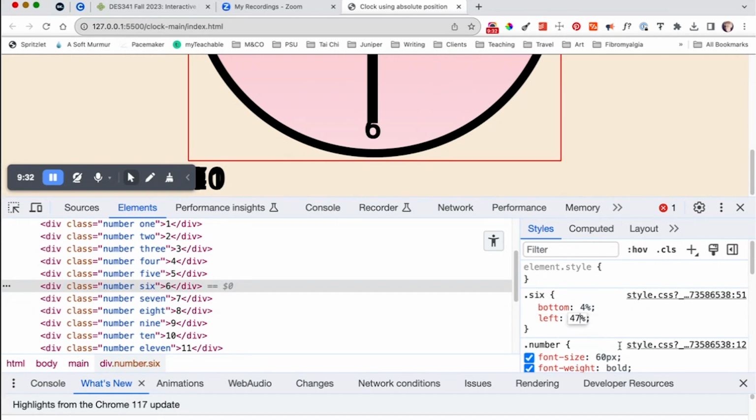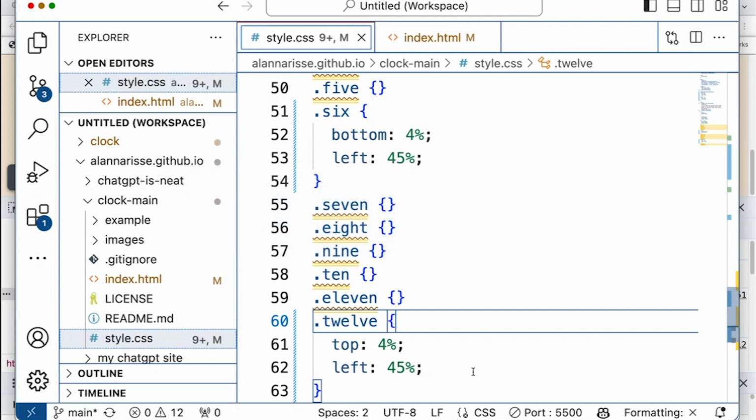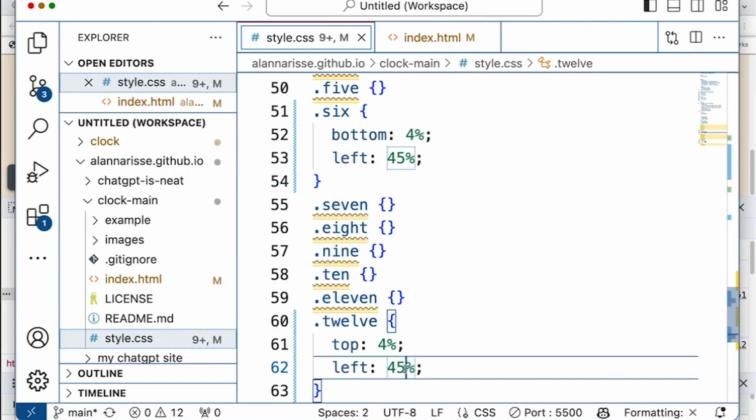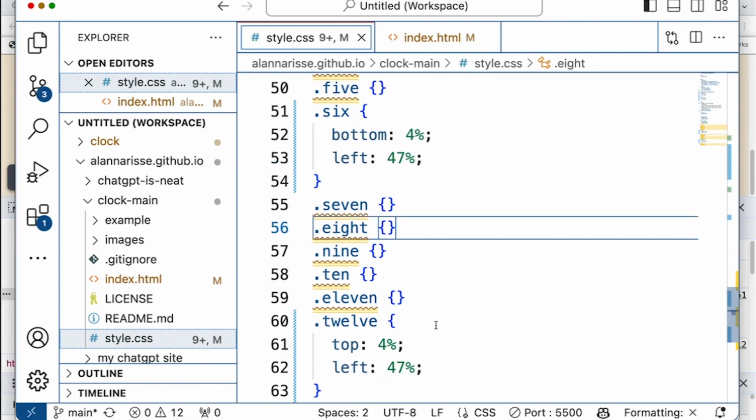So I'm going to remember that this isn't actually changing the file. It's temporarily changing it. If I do a Command R, if I refresh, it's going to go back to where it was. So it's just a temporary fix, but I'm going to change this to 47. And I bet, oh, that's the 12. I was going to say, I bet I should change the 12 as well, but I just did on accident. All right, so